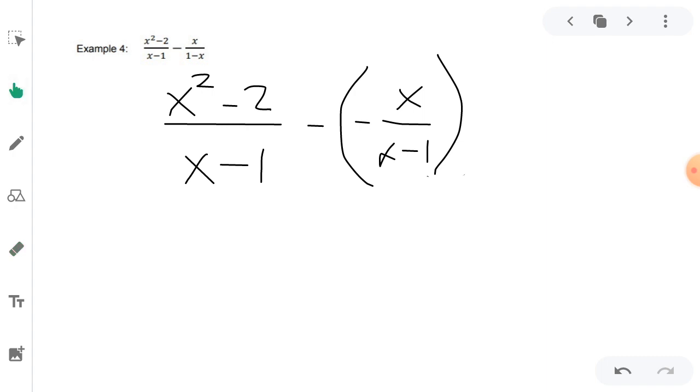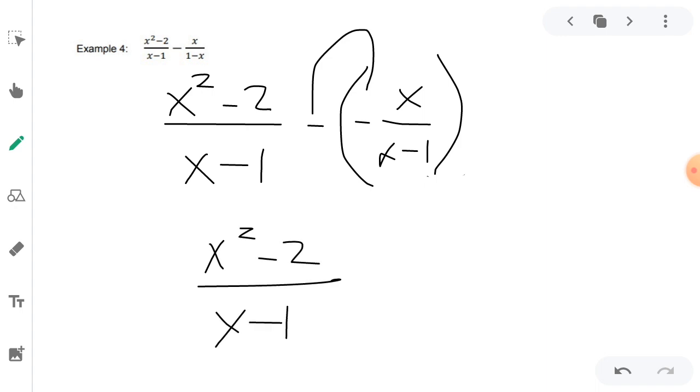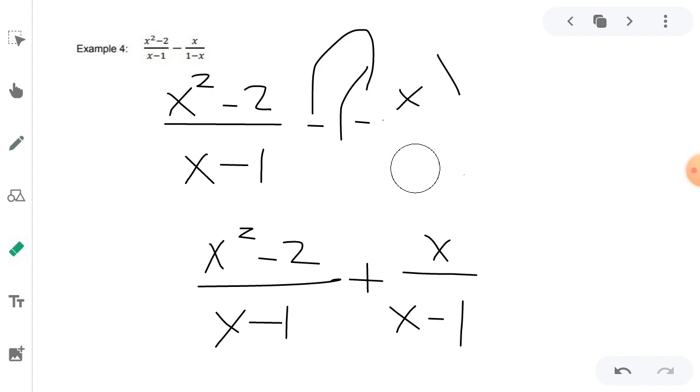So, i-multiply natin itong negative natin dito. So, negative times negative is magiging positive. So, x squared minus 2 over x minus 1. Negative times negative, positive x over x minus 1. So, napansin natin magkaparehas na sila. So, next is combine na natin yung ating numerator. So, kapag kinumbine natin yung ating numerator,